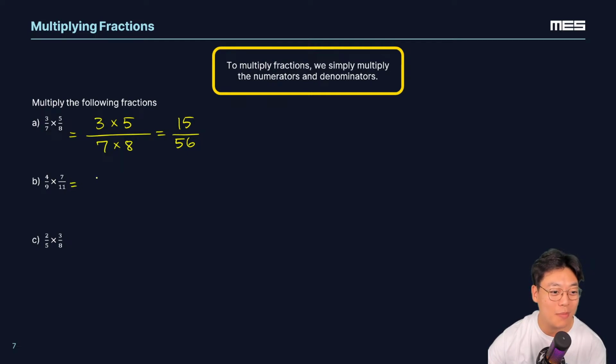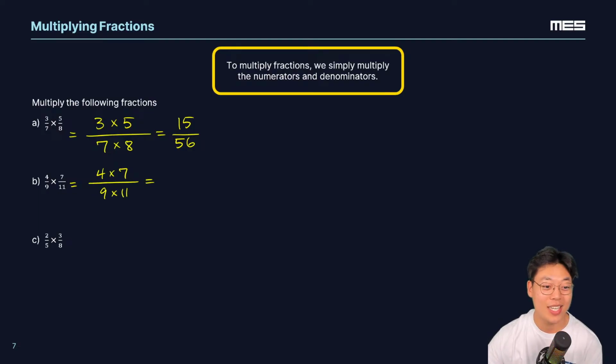We have 4 times 7. Let me know what that is in the chat. And then 9 times 11 in the denominator. All good, Max. Love that you're sharing this stream with your friends. Hopefully that's why you're looking at your messages. But we have 4 times 7 in the numerator, 9 times 11 in the denominator. What do we get for that? Chloe, you're too quick for me here. 4 times 7 is indeed 28, and 9 times 11 is 99. Awesome work. Let's try this last one together.